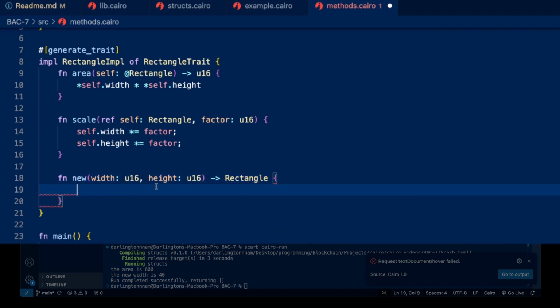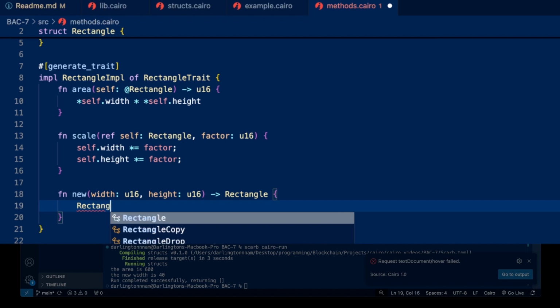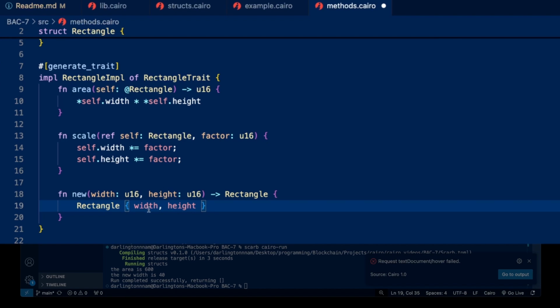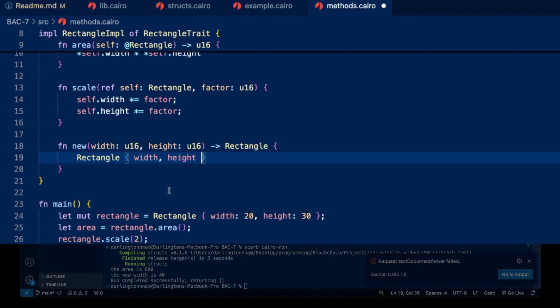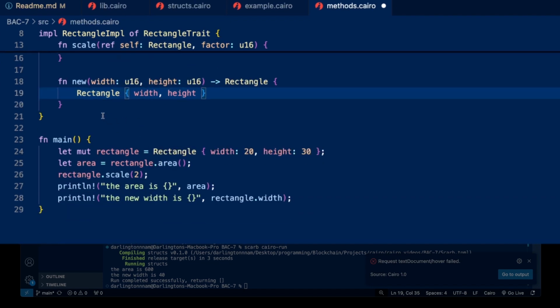Okay, so what we want to do within the new function is simply instantiate a new rectangle where the width and the height are the same, and that's all we need to do. Remember, shorthands. So how do we want to do this? Recall that this time around we didn't pass in the first argument as self, and when you don't pass in the first argument as self, essentially how you would want to use that method in this case will now be, let's say, let new rectangle